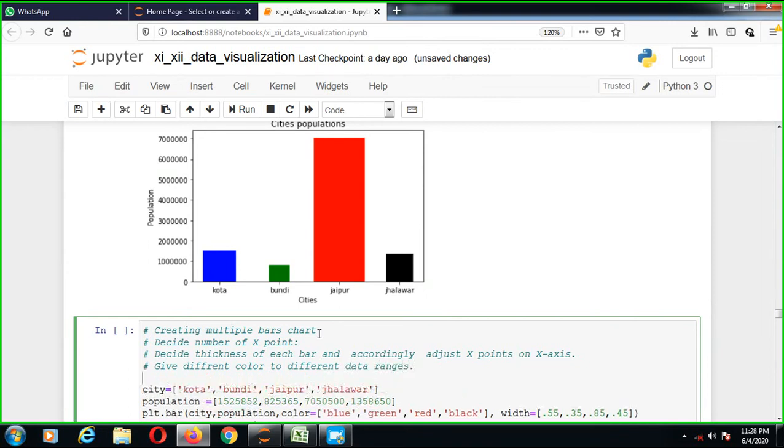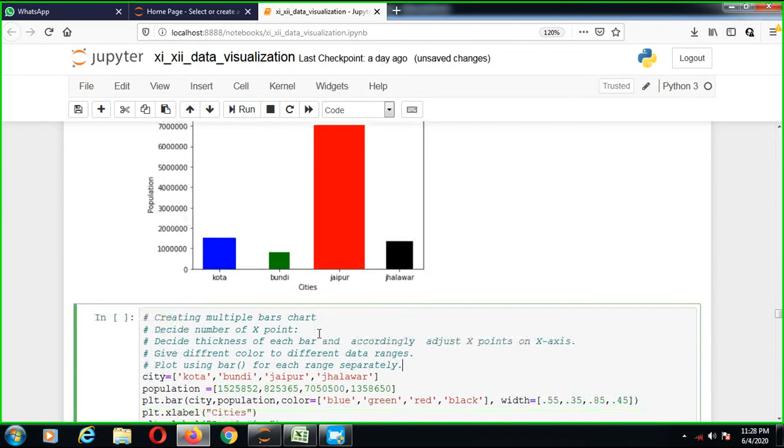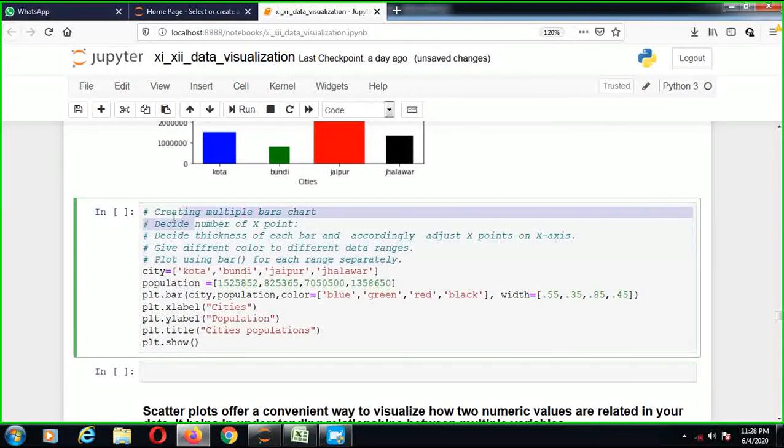And the next point is to plot using bar for each range separately. So these are the points we have to follow for creating multiple bar charts.